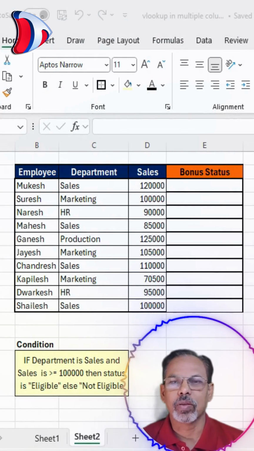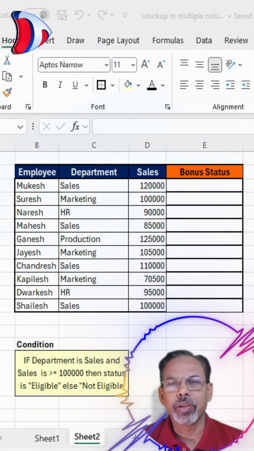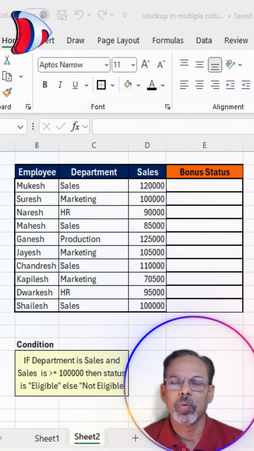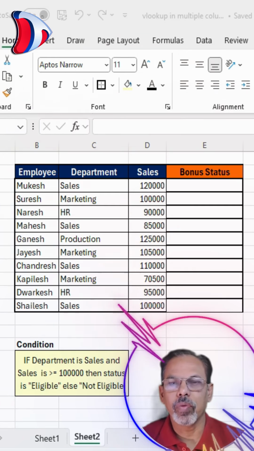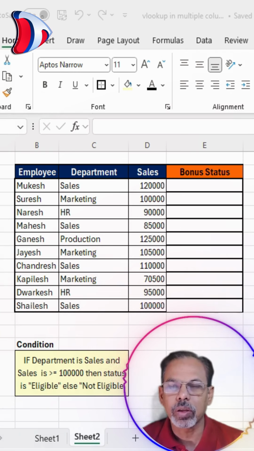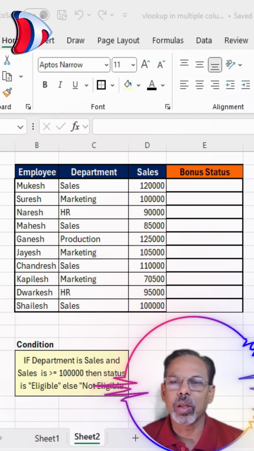Hey Excel enthusiast, today we are going to learn nested if condition in Microsoft Excel. Nested if condition in Microsoft Excel means a condition within another condition to be checked. Means if there are multiple if conditions applicable, then that situation is called a nested if situation in Microsoft Excel. So in this particular case,